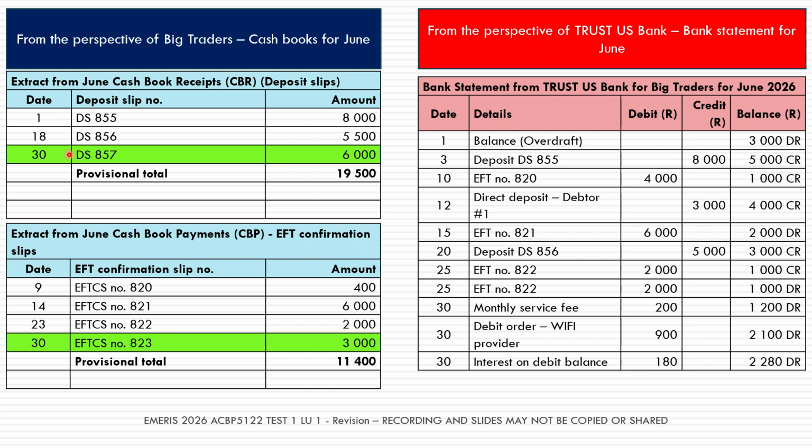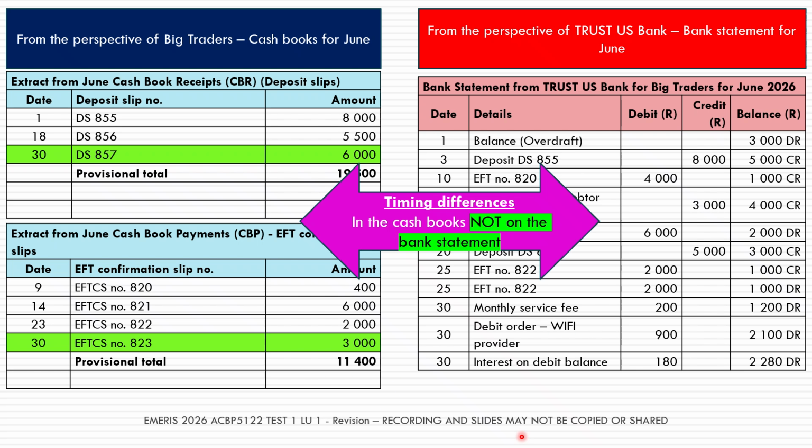There is one from cash book receipts: the deposit that we recorded on the last day of the month, but on the bank statement we cannot find a matching deposit in the credit column. And in our cash book payments, we recorded an EFT payment on the last day of the month, and on my bank statement I do not find a matching EFT payment.